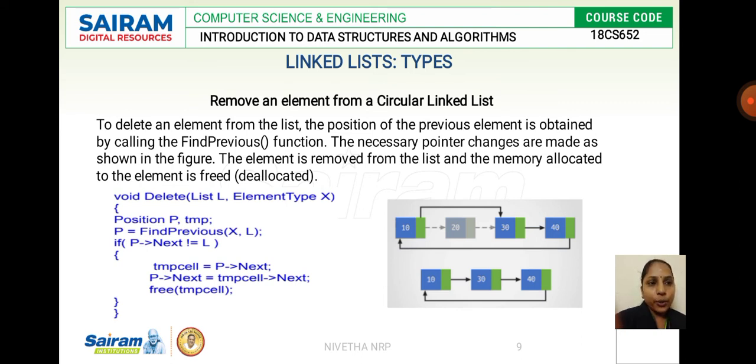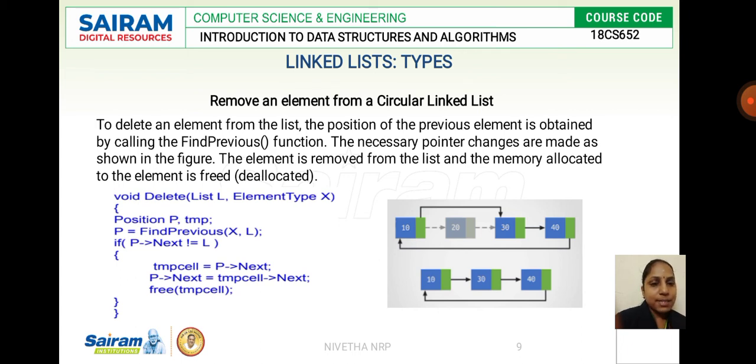Okay, so you are going to store the element to be deleted in the position P, and you store that in temp. Now what you are going to do is from the first node you will be checking for the element to be deleted. If that is found, you will be deleting that element in the temp, and you will be freeing the memory space allocated for temp. Otherwise you will be incrementing until the element to be deleted is found.